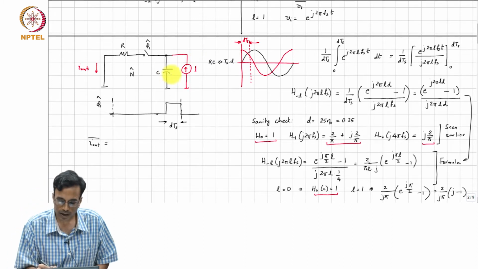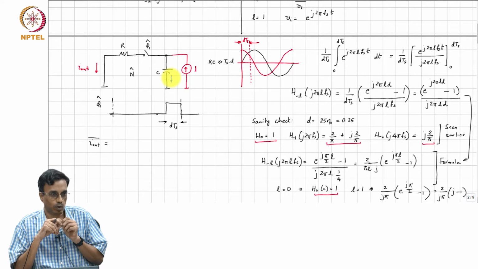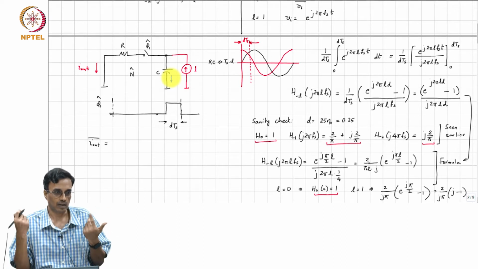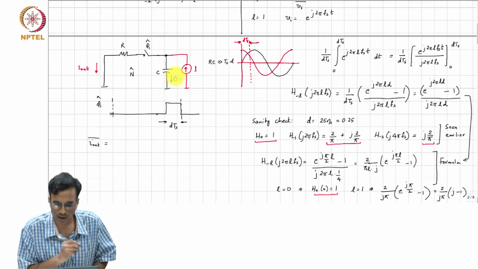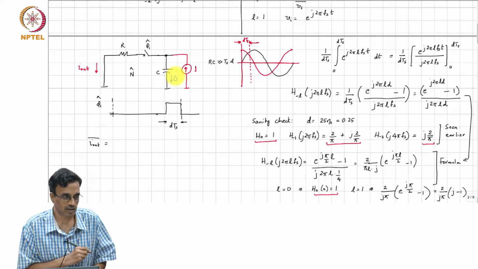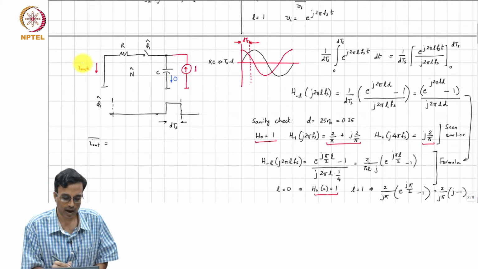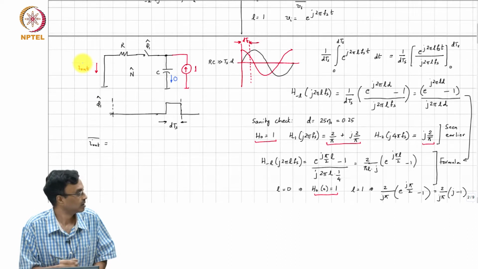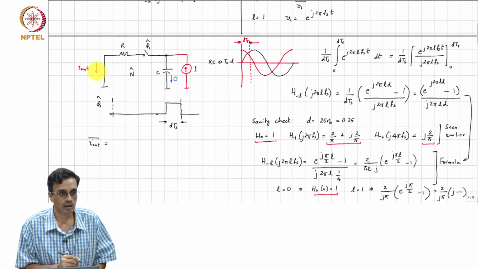So, what comment can you make about the average current through the capacitor? Anywhere go to infinity. What comment can we make about the DC current through the capacitor? It must be 0. So, if the average current through the capacitor is 0 on average, what comment can you make about the average value of I out? I out also 0. No sir, average of that one will be 1 only.